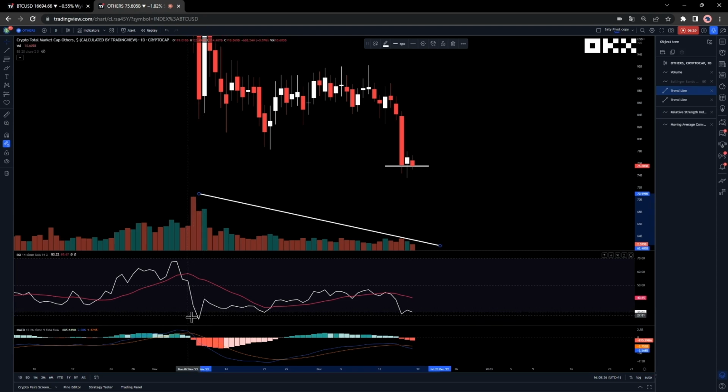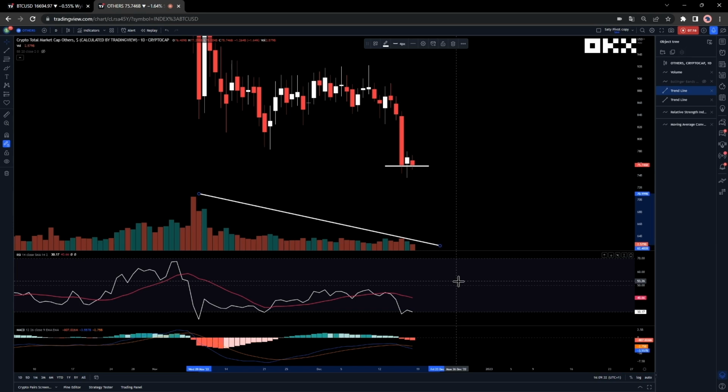When we now look at the RSI, you remember for Bitcoin, we've seen a reset in this area here, which is at 43. And for altcoins, we see that there was in fact a drop to below 30. So this is one of the support levels. And you can also see this here. There was a support here before we saw this drop. And again, support here in this region. So in summary, there are several reasons to believe that we are seeing support for the altcoin market cap here,